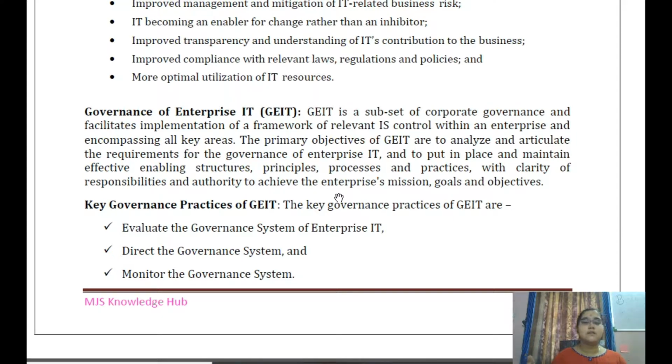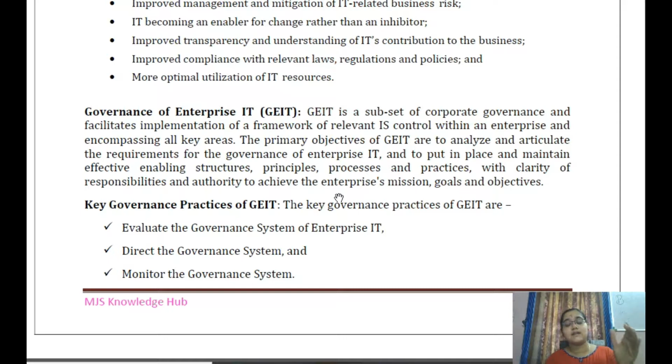Wherever the need is there to manage the IT, it will put in place the required framework, structure, principles and practices, so that it can be used for maintaining the IT. And these principles, structures, practices will have a clarity of responsibility and authority to achieve the enterprise mission, goals and objective. So wherever there is a requirement for the governance of enterprise IT, this GEIT analyzes and articulates it,